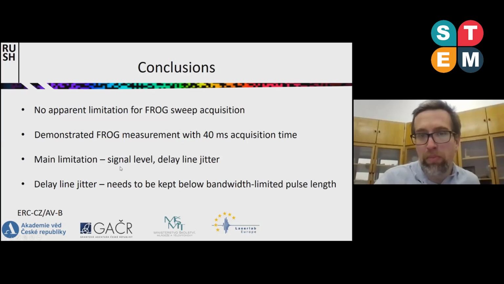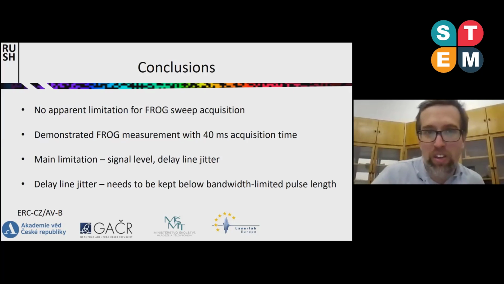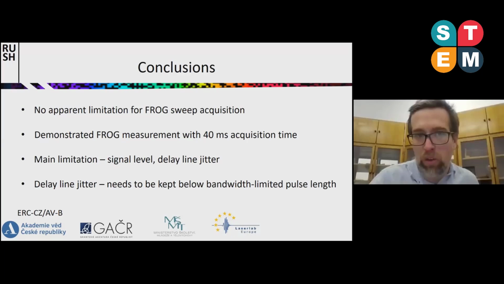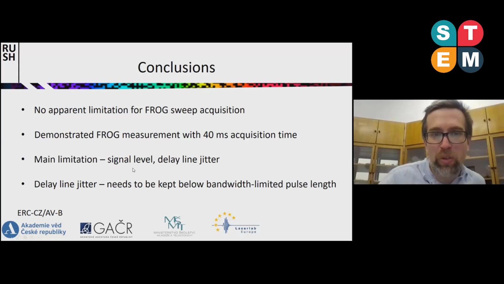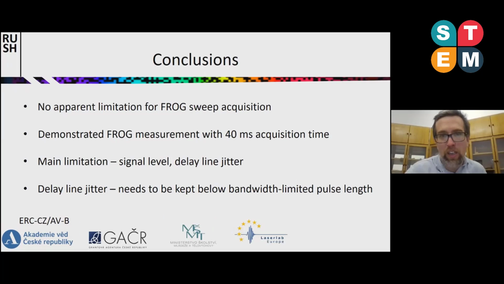In principle we could measure much faster than this, and we have a spectrometer which can measure much faster. But the problem is that you need to measure a certain signal, and the signal needs to be strong enough not to suffer from noise. So this is now the biggest problem in our case.